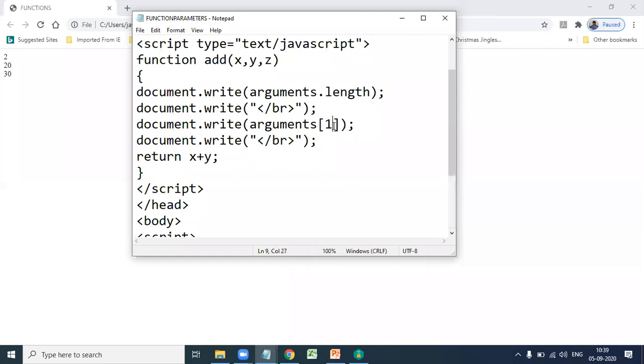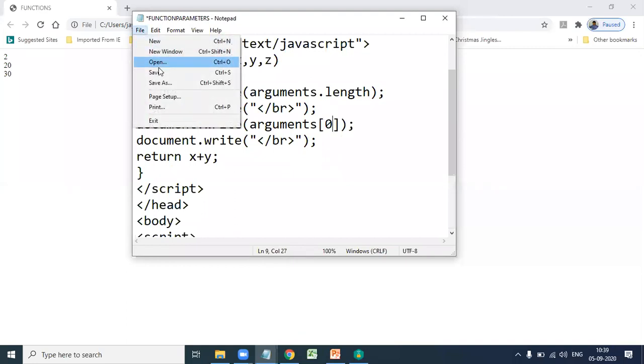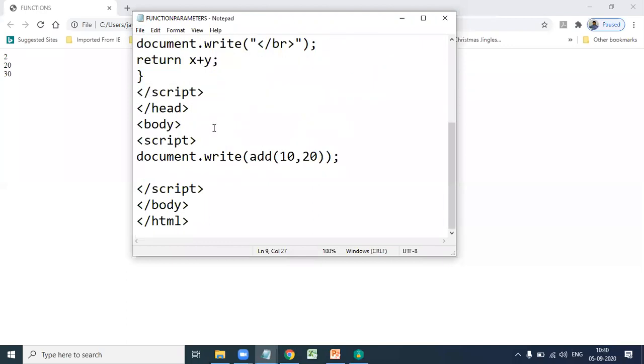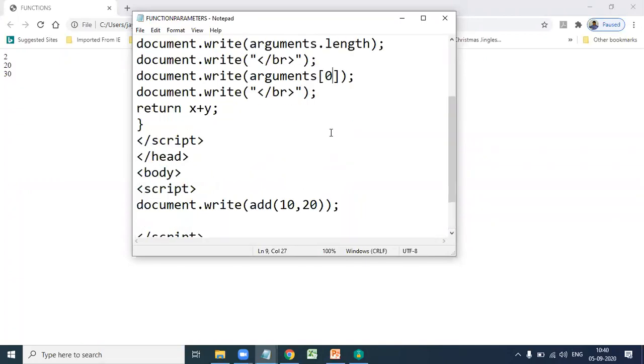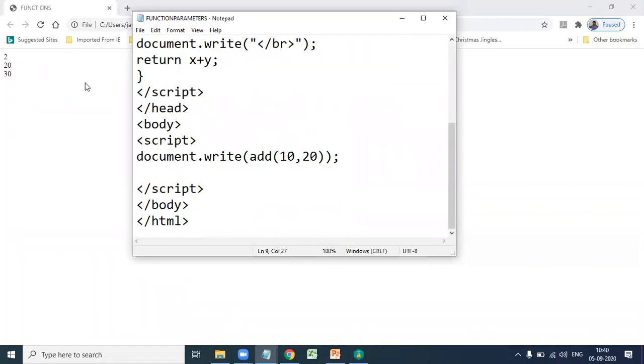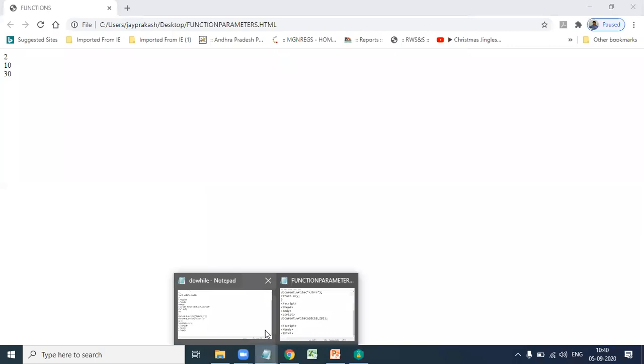If we give 0, the output is 2, 10, 30. Here 30 comes from document dot write add of 10 comma 20, which returns x plus y, that is 10 plus 20. If you give arguments of 0, the 0th element is 10.